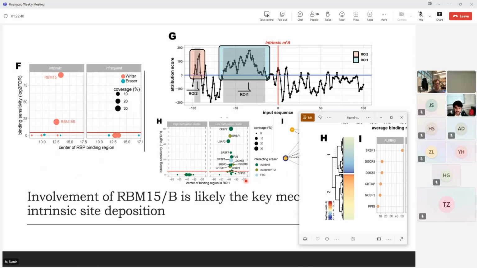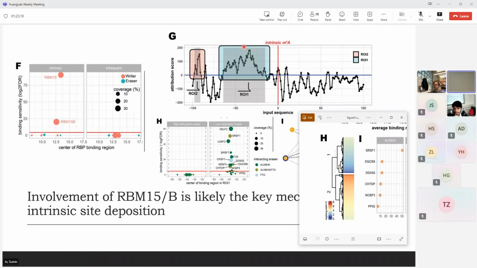Right? So in the very close vicinity, both erasers are not enriched near the intrinsic sites, whether high or low methylation, but only in these nearby regions. So probably this one is minus 20 to 30, 40, so it's going to be here. It's not that far away. Usually in between this region, this one is minus 50, so this peak is around minus 40, so upstream 40